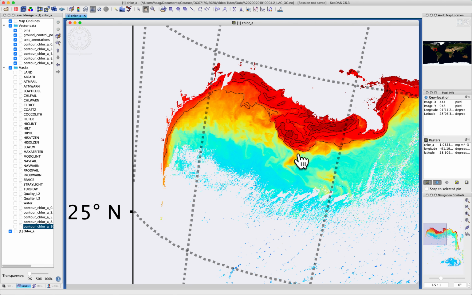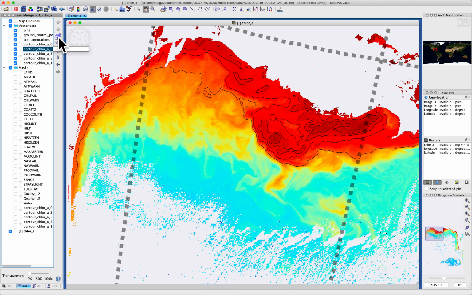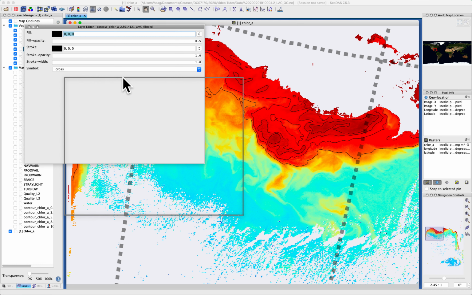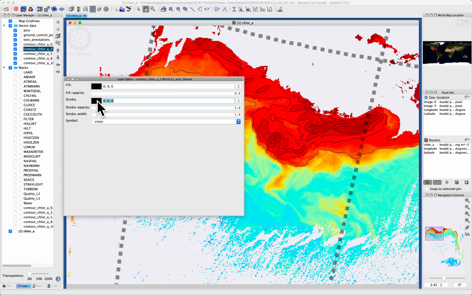So with those drawn, notice now that there are 5 new layers in the layer manager, one for each contour level. And as I show and hide them, they appear on the right. I can pick any one of those, for example, and edit it. It's a layer. Maybe that one I want to stroke in a different color, so I click here and get my little palette. I'll make it some sort of light color, perhaps the yellow here,